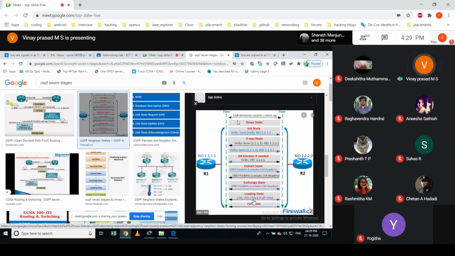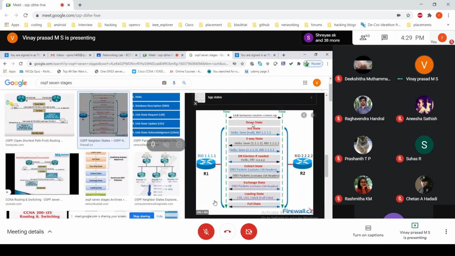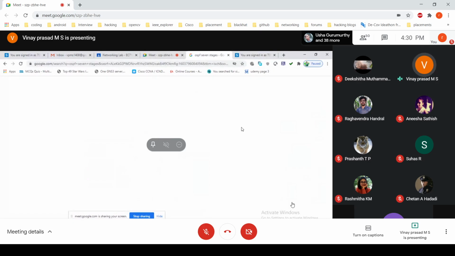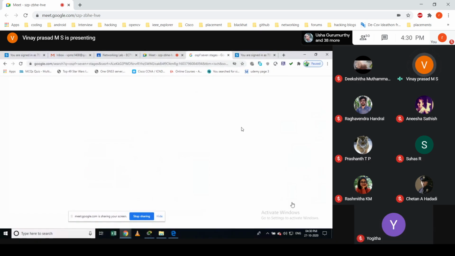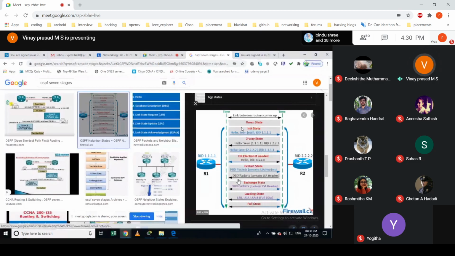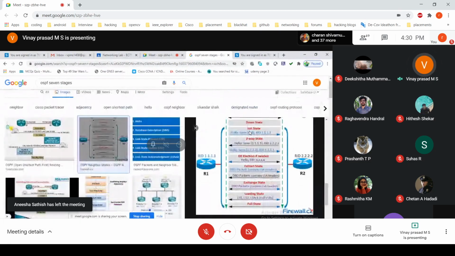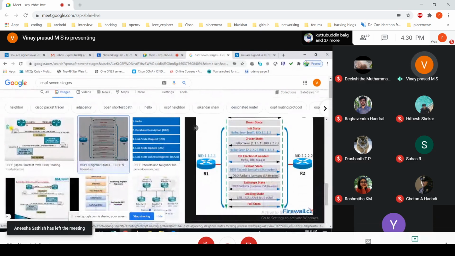That is the full LSA, which means it will send the complete information about that particular network. Once that happens on both sides, both routers get into a state called the full state. Full state means both routers are updated and ready to exchange routes. So you understood these seven states.